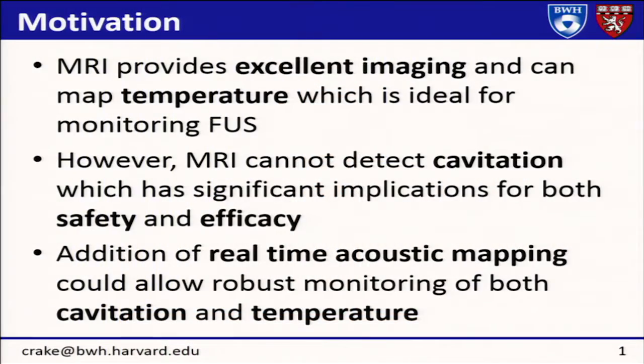So I'd like to talk a bit about some of the work I've been doing with passive acoustic mapping and how we can combine this with MR thermometry to improve our real-time monitoring of focused ultrasound ablation. I don't think I need to tell this audience that MRI is fantastic and provides excellent imaging, and so is ideal for monitoring focused ultrasound because you can get great images of tissue, you can get temperature mapping,